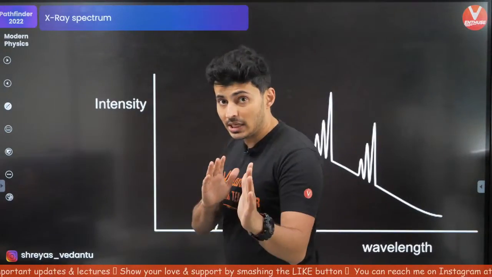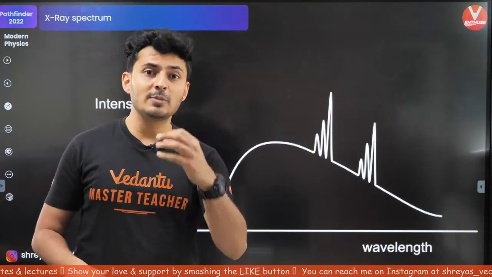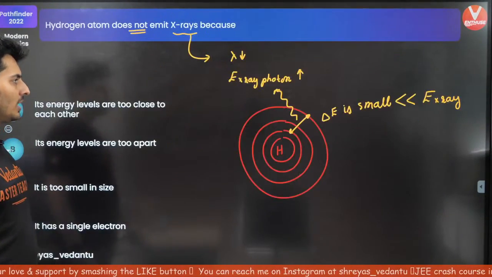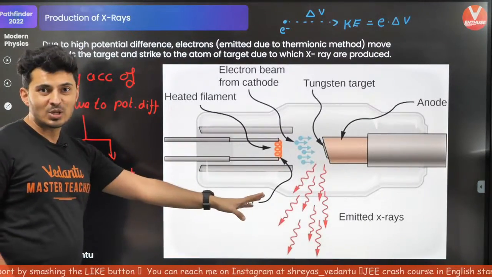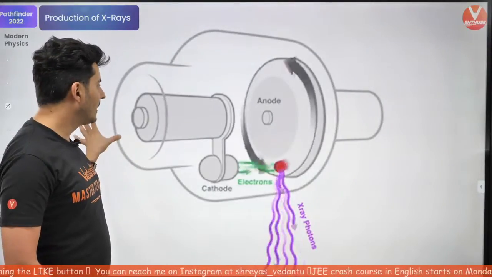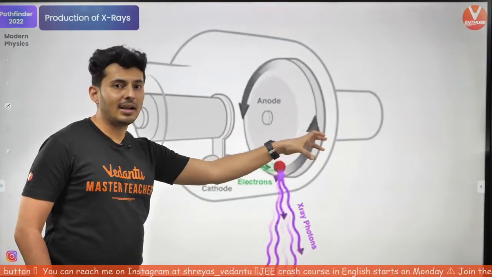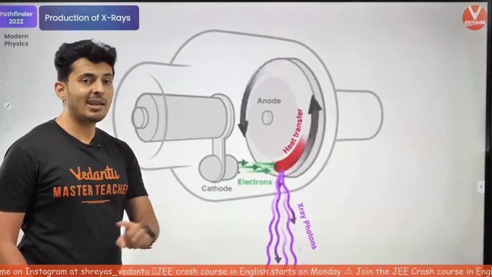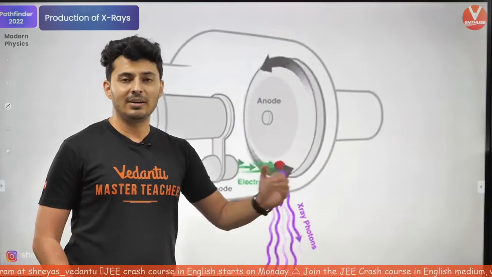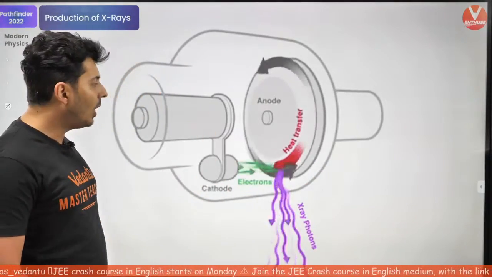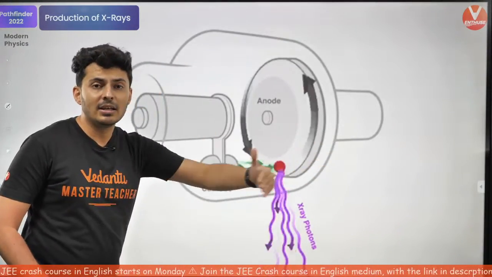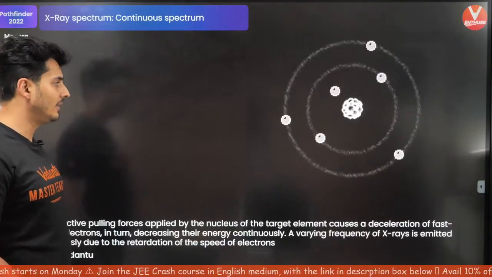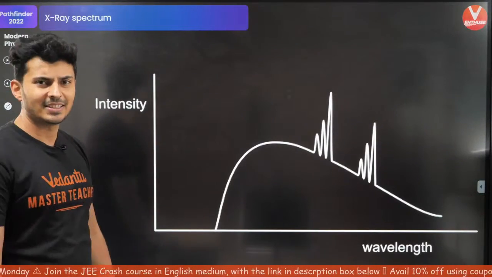Now, like I was telling you, the X-rays which are produced by the Coolidge tube are of a very special kind. So let's go back to the Coolidge tube experiment. This is how it looked, where you had the electrons bombarding a target and X-rays coming out of it. These X-rays are not of the same wavelength. They are all of different wavelengths. And when you plot the graph of the wavelength versus its intensity, that graph looks something like this.